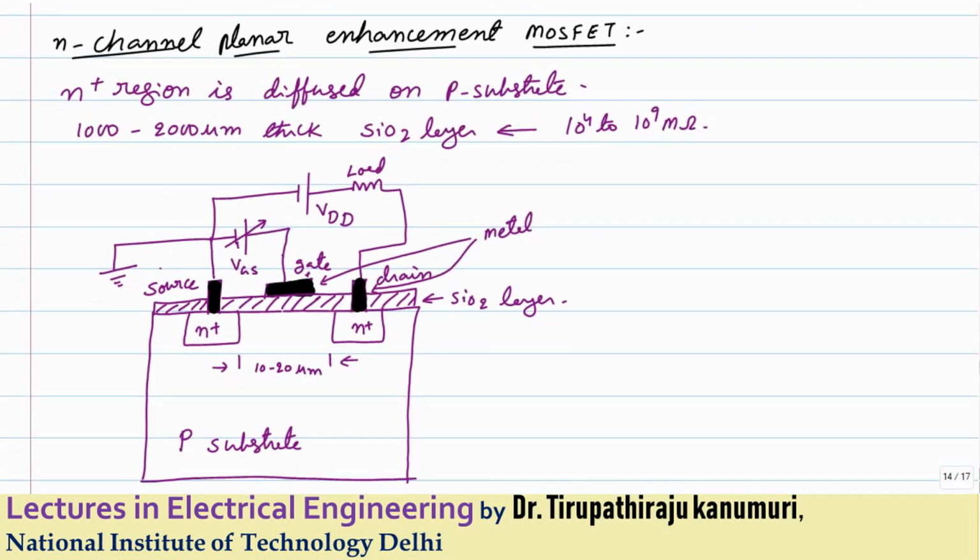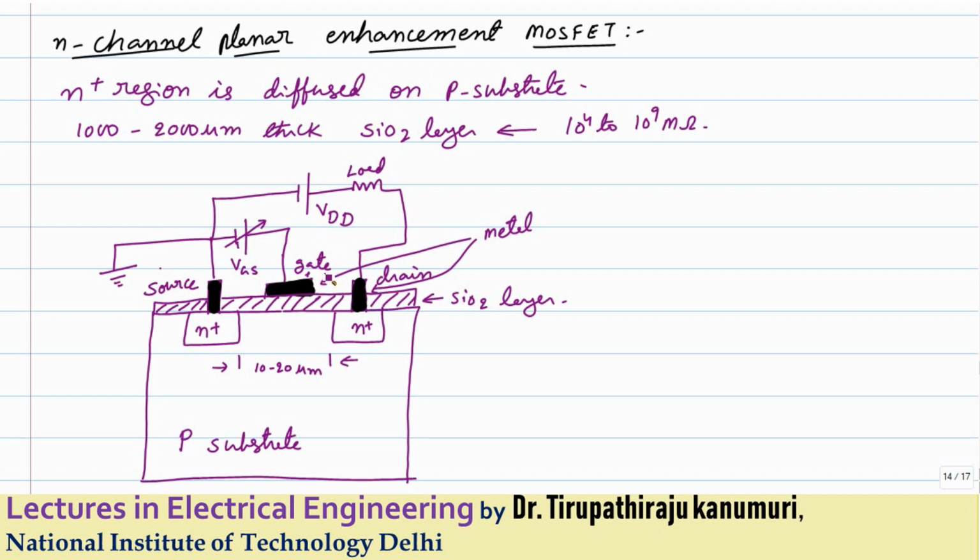So let us see how the N channel planar enhancement type MOSFET works. You may doubt why only the enhancement MOSFET and not the depletion type. Because the MOSFET is used as a switch in power electronic circuits. Under normal conditions the switch should be off, and only when I give the gate pulse should it be switched on. This is possible only with the enhancement MOSFET. When the gate pulse is 0, it will not operate, that means it acts as an open switch, and when the gate signal is given, only then does it act as a closed switch.